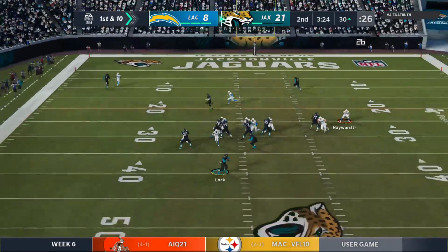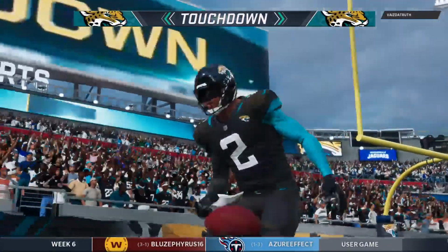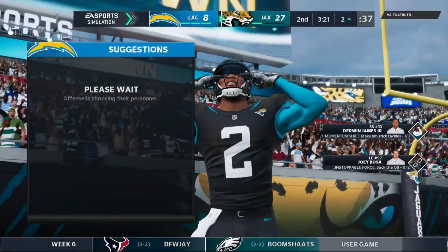Off the play fake, he'll look to throw. Going up top. And that is caught. Touchdown, Jacksonville. So that's the rookie's first trip to the end zone, and I think it's safe to say one he'll...